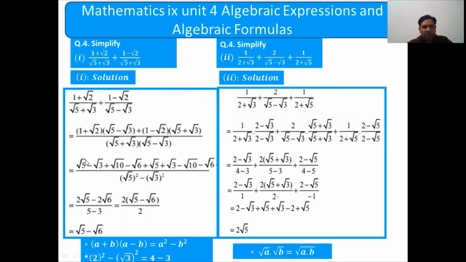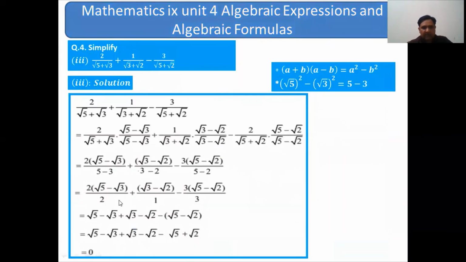So these two are surds of the same order and with the same rational numbers, so we can add these two. So we have 2 square root of 5, and there is minus square root of 5 as 3. This is minus square root of 6 and this is another minus square root of 6. So when we add these two surds, we have minus 2 square root of 6.